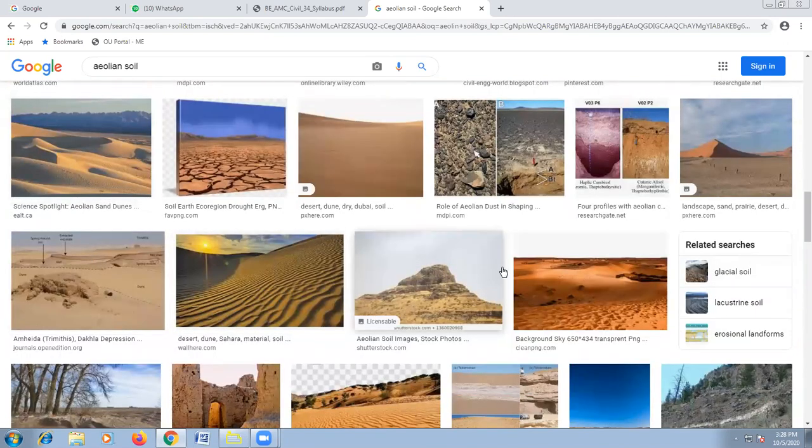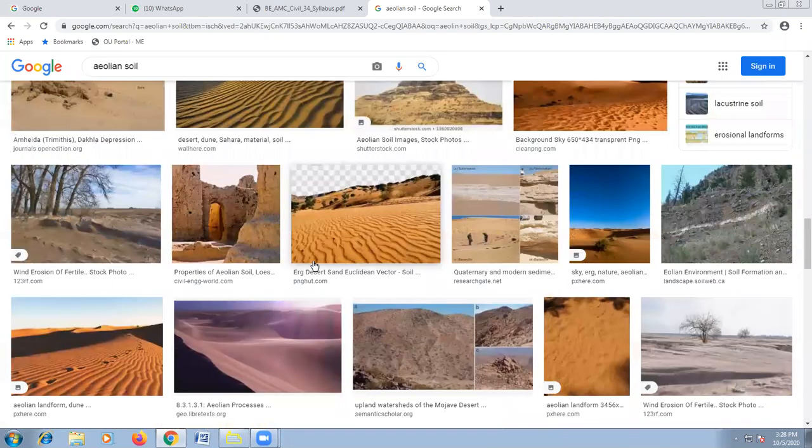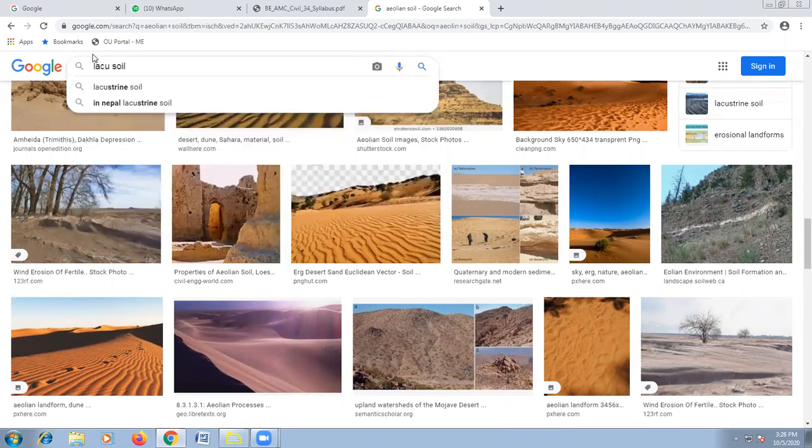These are all formed due to transportation by winds. Mostly they comprise dust, silt and sand grained particles, and have clay fractions as well. Mostly, as I said, they are common in desert areas and in sandy soils. Now let us see the next type of soil. It's known as lacustrine soil.